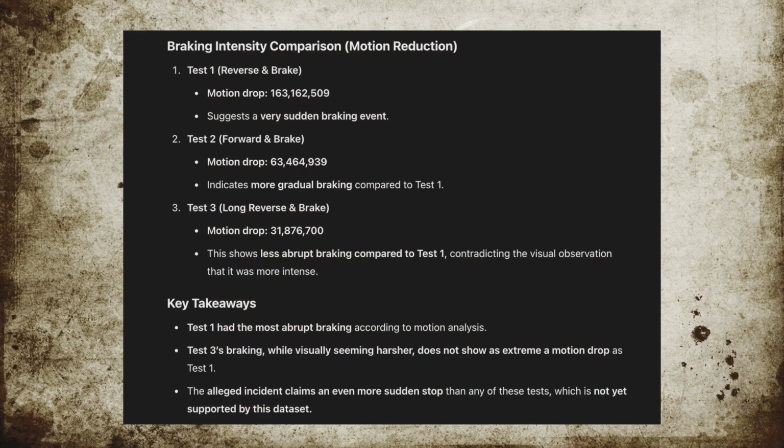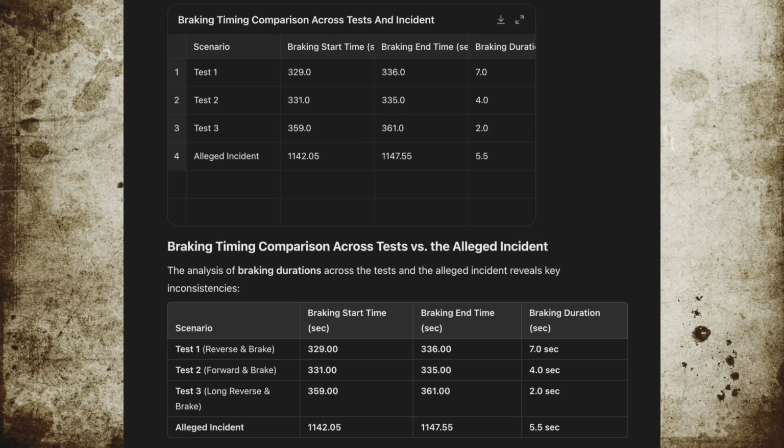For Trooper Paul's test videos, test 1, 2 and 3, AI says the key takeaways are: Test 1 had the most abrupt braking according to motion analysis. Test 3's braking, while visually seeming harder, does not show as extreme a motion drop as Test 1. The alleged incident claims an even more sudden stop than any of these tests, which is not yet supported by this dataset. I then ask it to compare braking timing across tests versus the alleged incident to detect inconsistencies, from